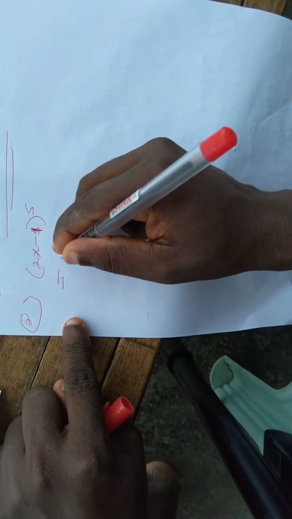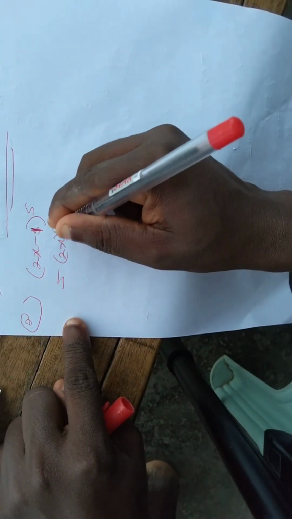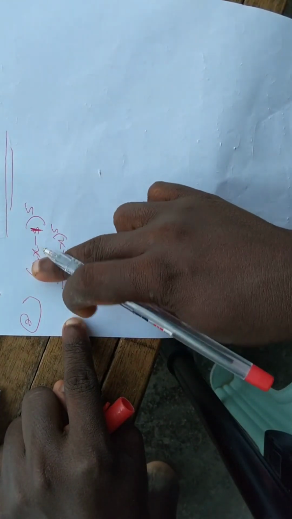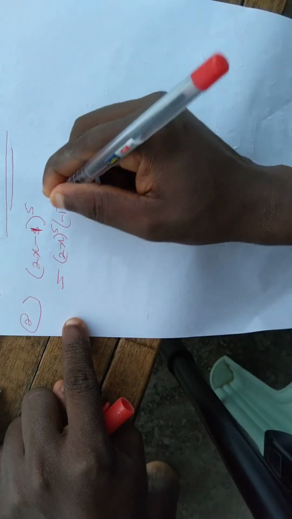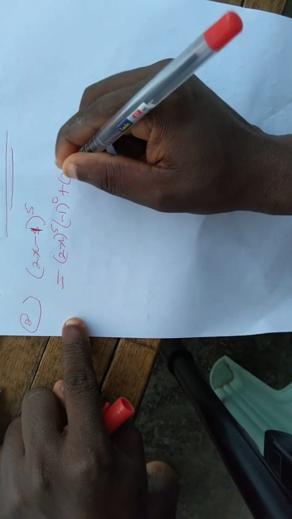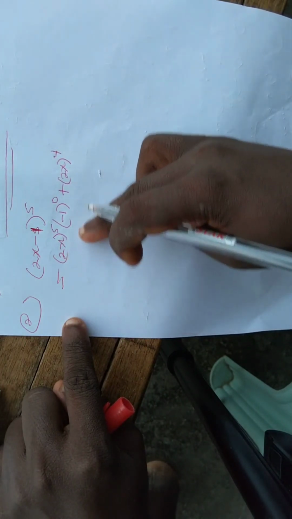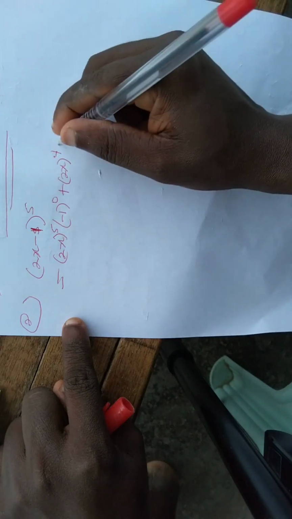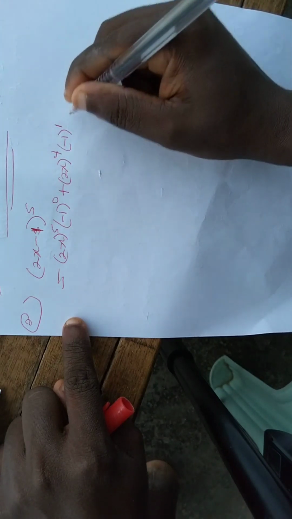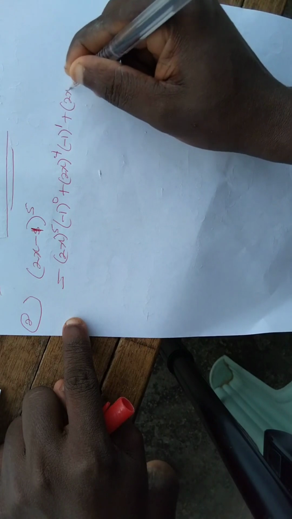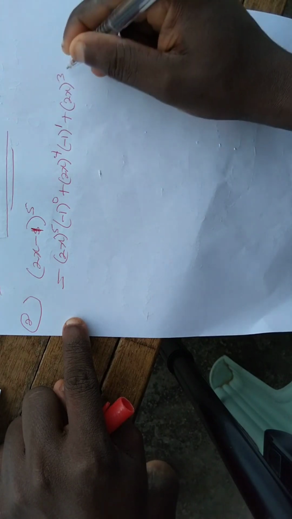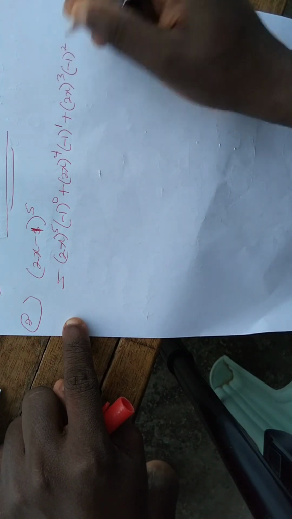So we'll do the same thing. 2x raised to power 5, we'll start from the highest power here, minus 1 raised to power 0, plus 2x raised to power 4. The first one will be decreasing, the other one will be increasing. Minus 1 raised to power 1, plus 2x raised to power 3, minus 1 raised to power 2,